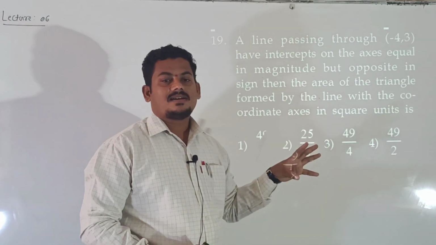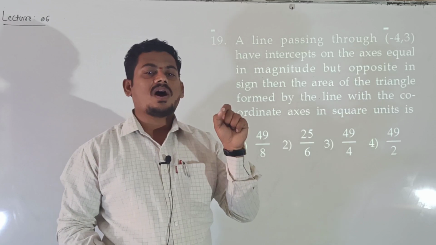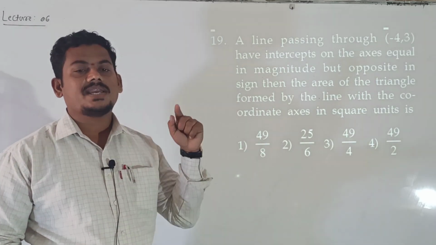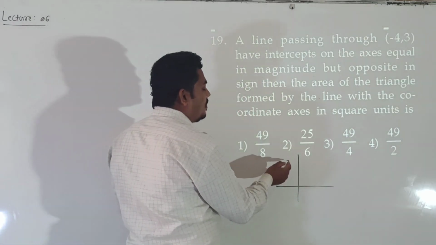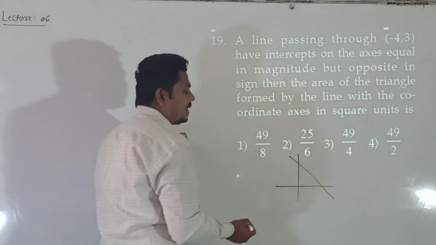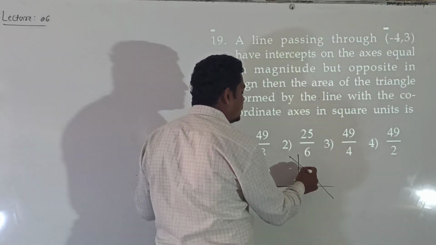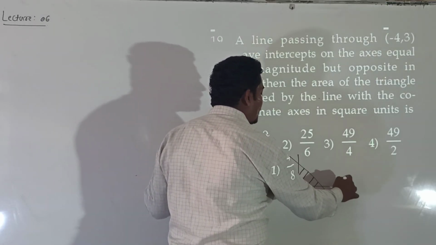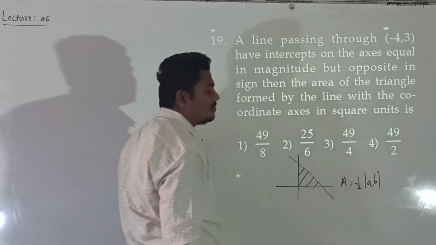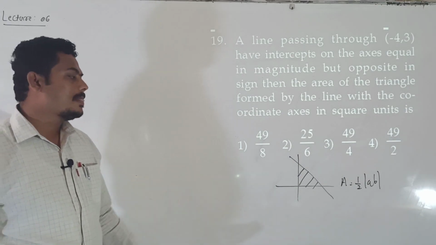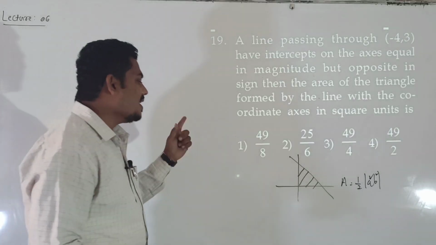First find its equation. After finding its equation, we already have a formula for the area of the triangle formed by the line x/a + y/b = 1 with the coordinate axes. You have one standard formula. What is its area? A equals 1 divided by 2 times modulus of a into b. Modulus sign, why? Because area should not be negative. Here a is the x intercept of the line and b is the y intercept, right? First find the equation of the line.